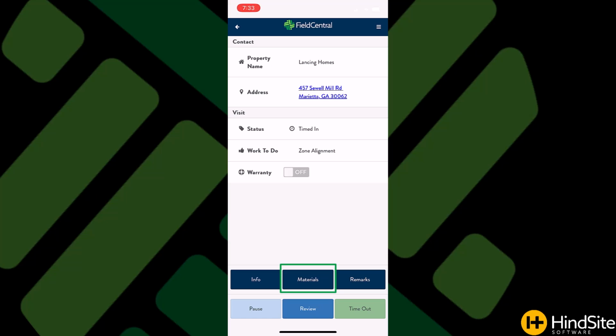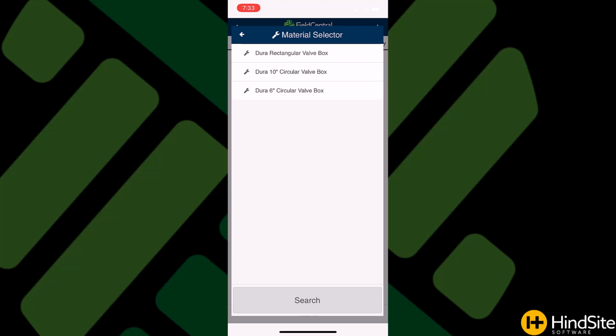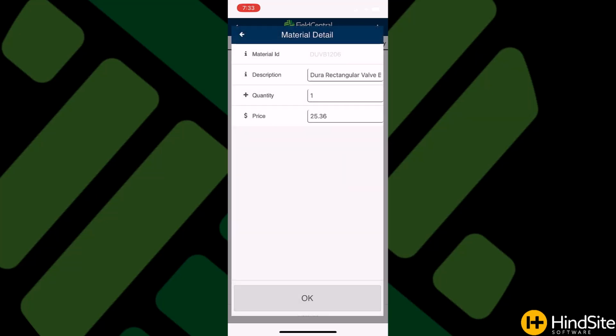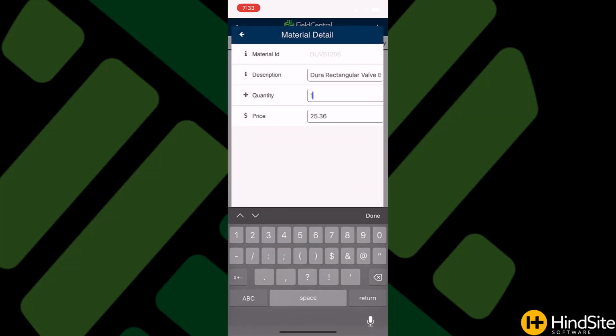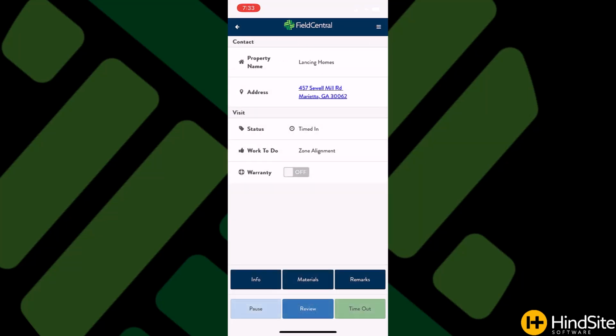From the Visit Details page, tap the Materials button to see a list of material categories to select from. Once within the appropriate category, then select the specific part or material the visit requires. Once the material has been selected, the technician can adjust the quantity of how much of the material was used and then tap OK. If the technician has permissions to view the pricing, they will also be able to do so here, and again, if they have permissions, potentially adjust for a price override.